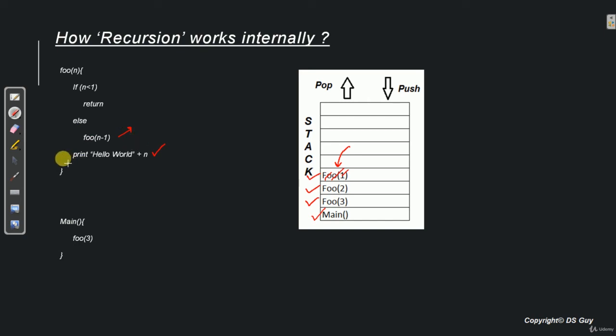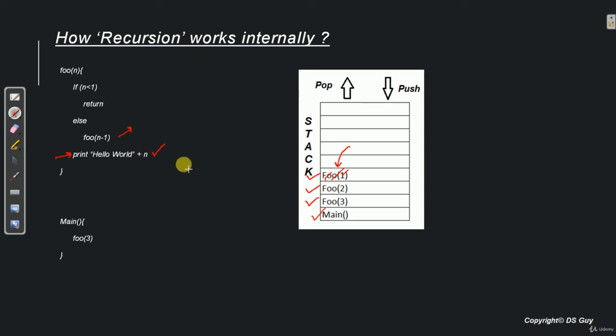And then it never got a chance to execute this print statement. So now the control will come to this print statement and it will execute it. So it prints hello world, value of n is 1. Now once this statement is executed, foo1's work is also done.